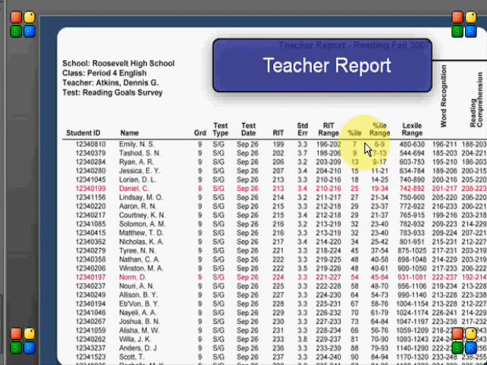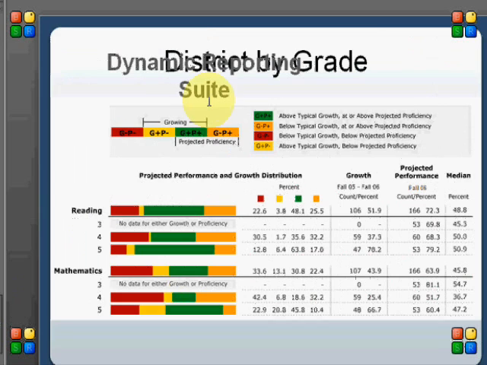You have your percentiles and so on, percentile range, Lexile range, and then you have all this word recognition stuff for reading. So this is one way to look at the whole class, and you can rank it in this way. You can also look at, hold on here, this isn't good. The district by grades, and